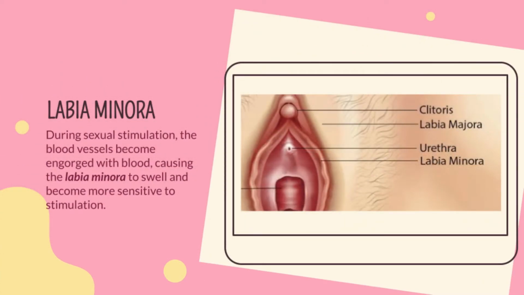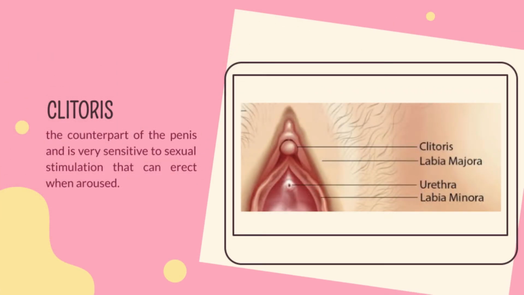Following the labia majora, the labia minora, or the small lips, which are so small that they only span 2 inches wide. During sexual stimulation, the blood vessels become engorged with blood, causing the labia minora to swell and become more sensitive to stimulation. Next is the clitoris, located in the labia minora at the upper end, which is a small